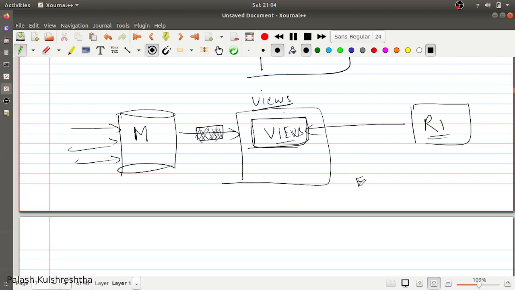It's called eventual consistency. So these views are basically being created from the event queue or event pipeline that is being exposed by the main database.